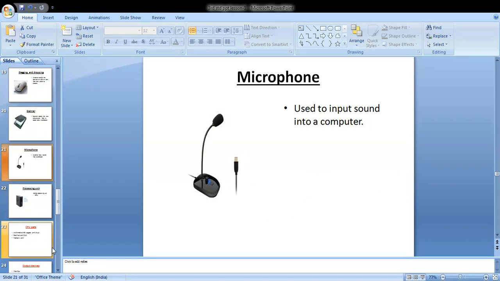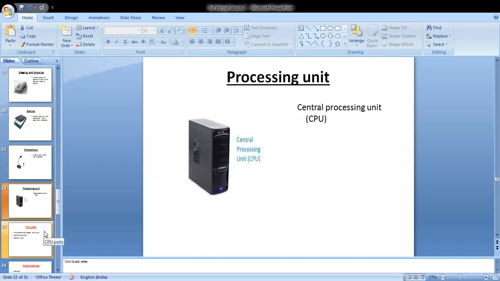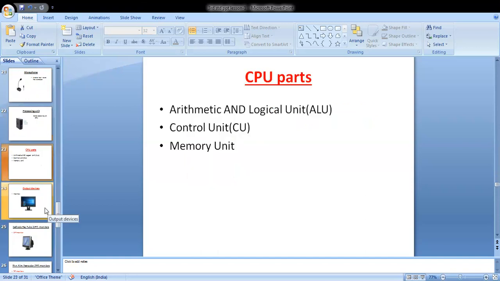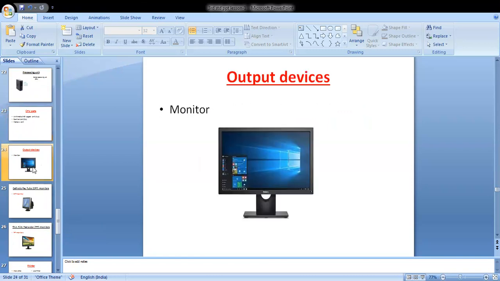That is in input devices. And now we studied about processing unit and CPU. That is process. And now we study about output devices, that is output. In IPO cycle, O stands for output. Now we study about the output devices.